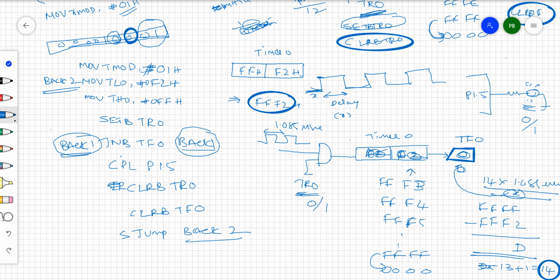Once it is 1, what will happen? Once again it keeps on checking when overflow will occur, right? So after this particular delay, overflow will occur. Once overflow occurs, the timer overflow flag is 1, then it's not going back to here, it's going to jump to here, then complement after X delay, it's complemented once again from 1 to 0, then once again stop the timer as well as make it 0, then once again the value is placed here.